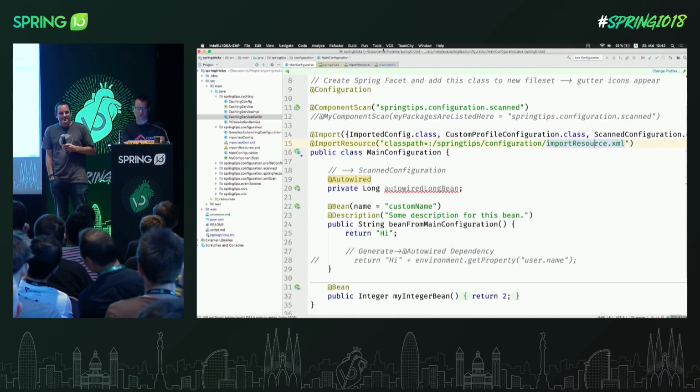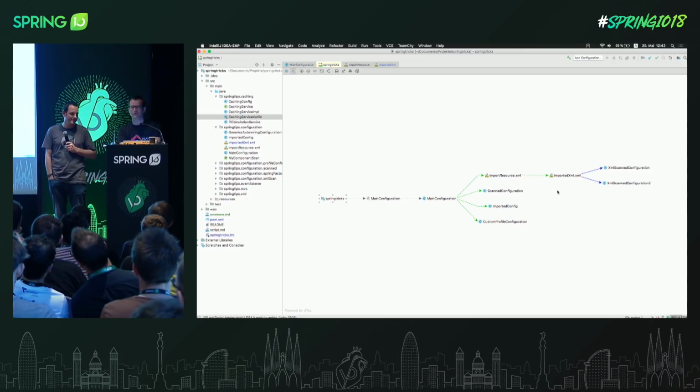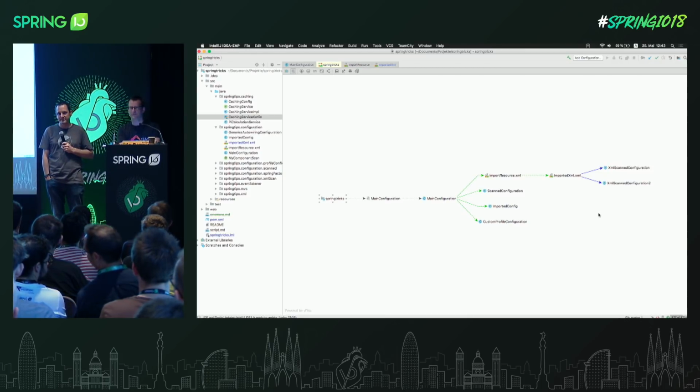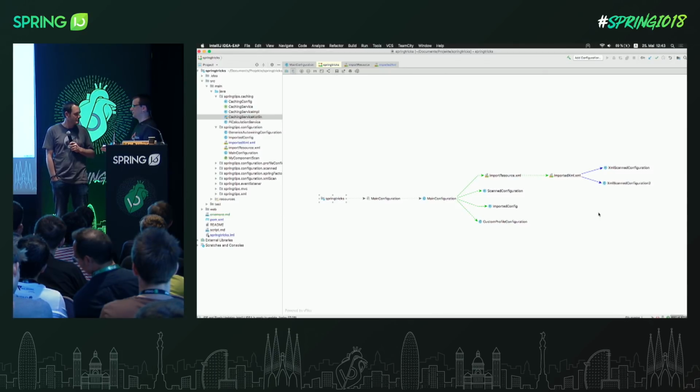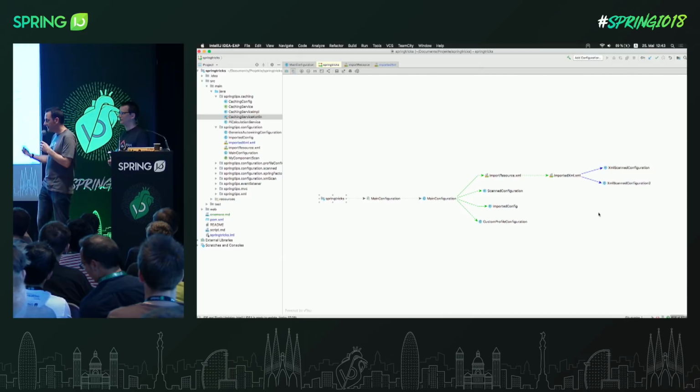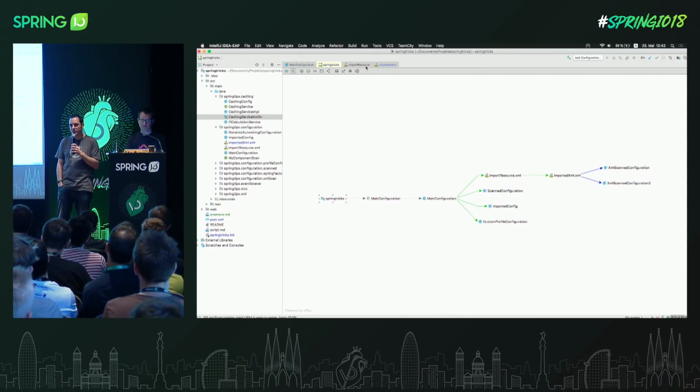So what it should do, and trust me, it does, is to show some red arrows here to indicate cycles. If you have stuff like this, you can already see it in the IDE that there's maybe some problem. And maybe you can tell us what kind of problems are common in setups. Yeah. That kind of stuff really helps you to better understand what the application context will do at